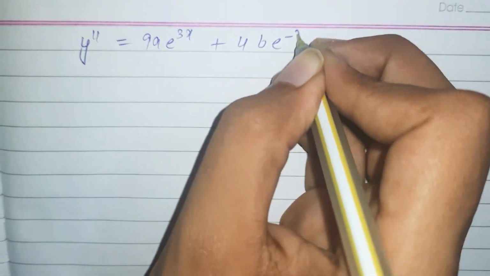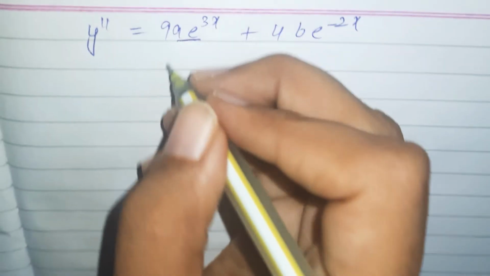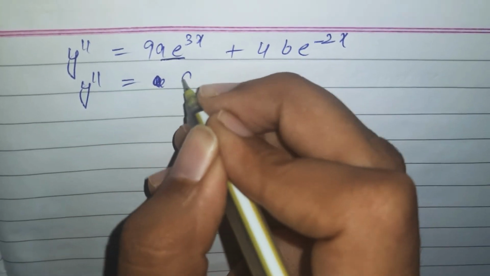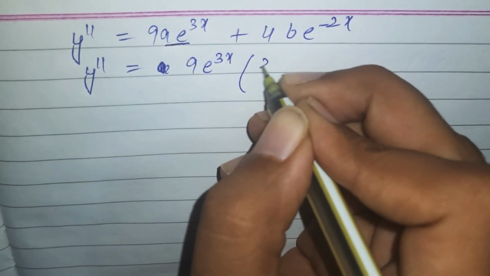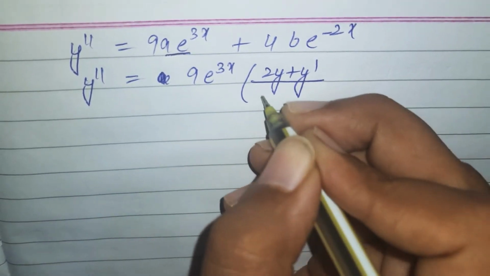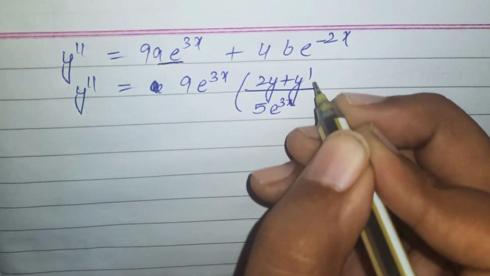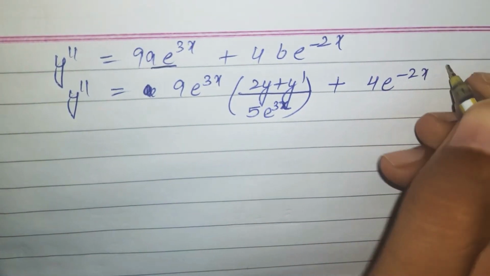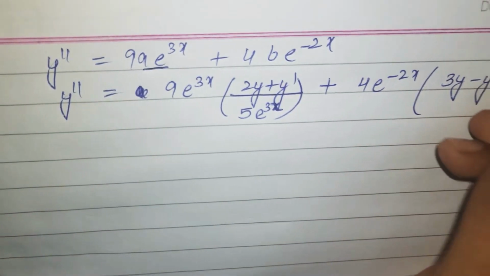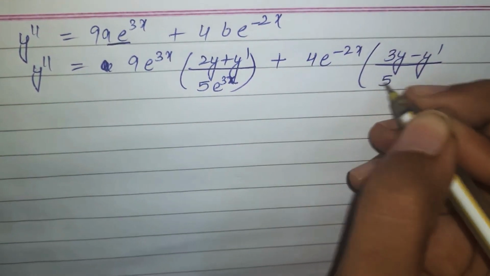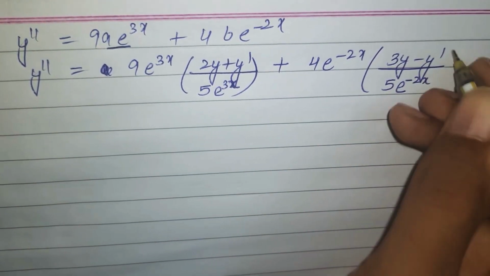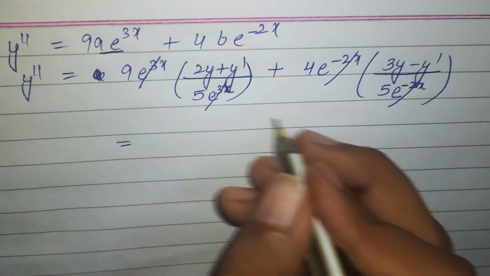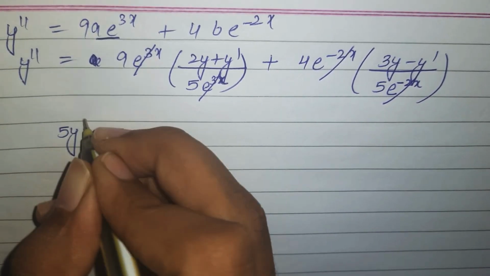4b e raised to the power minus 2x. You can take this value also, you can take individually a. So a will become 9 e raised to the power 3x, 2y plus y dash, 5 e raised to the power 3x. Then 4 e raised to the power minus 2x, 3y minus y dash upon 5 e raised to the power minus 2x. So this will cancel out, this will cancel out. So 5 will be the LCM. So I can write 5 y double dash